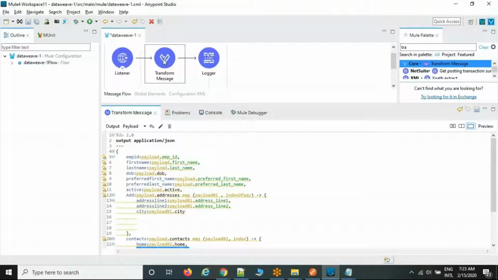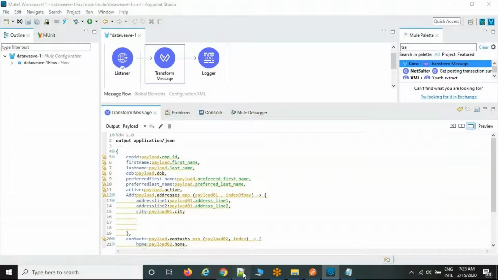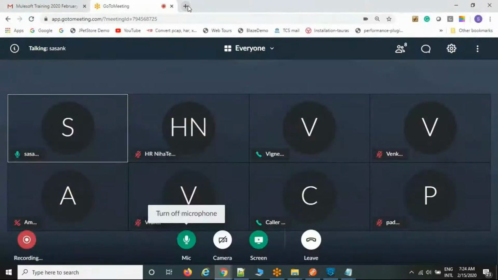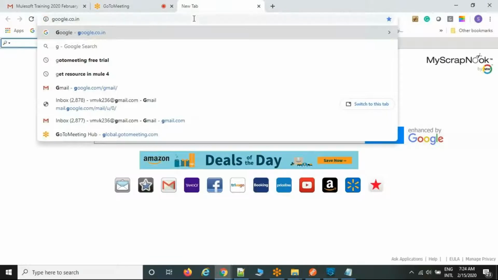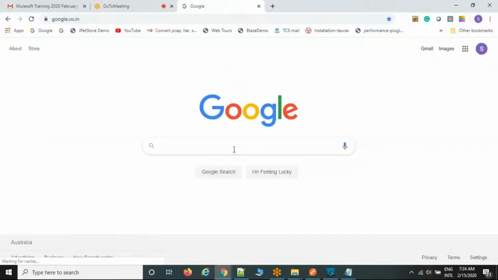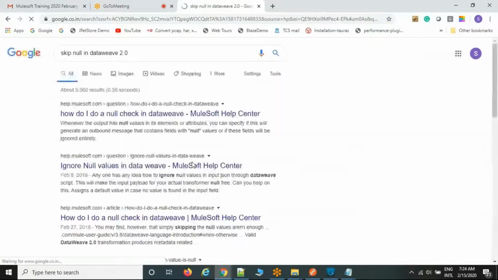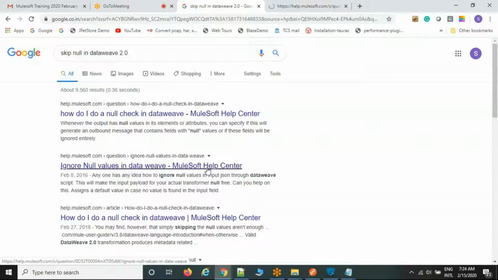There is a keyword called skipNullOn. Control space, one syntax, I forgot it. skipNullOn is the keyword. I will show you, that is a predefined keyword. Ignore the null values.